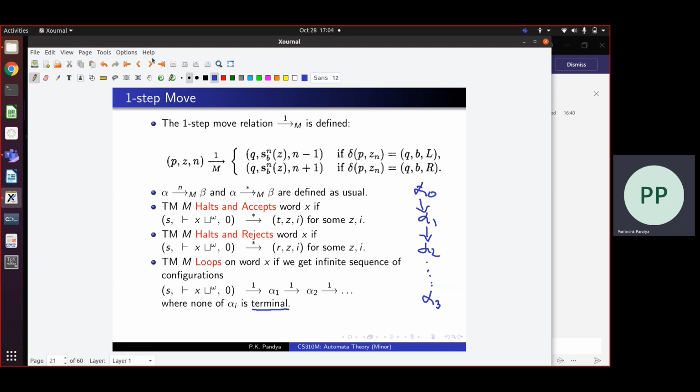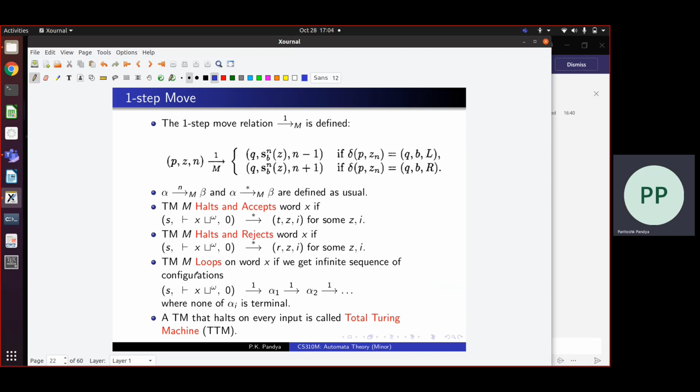Now, why is this possibility there? This is just like programs. You may write programs which don't halt on some input. They just keep on computing forever. And programs which halt on every input are called algorithms, right? This terminology arose after these Turing machines were defined. What Turing said was that if you have a Turing machine which, for any input given to it in the initial configuration, halts, it either reaches an accepting configuration or a rejecting configuration, such Turing machines are called total Turing machines.